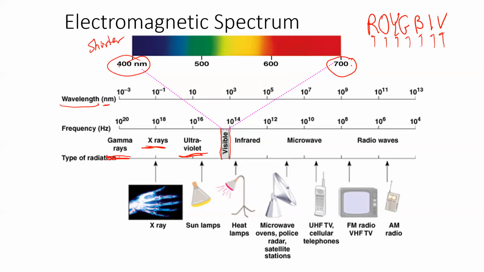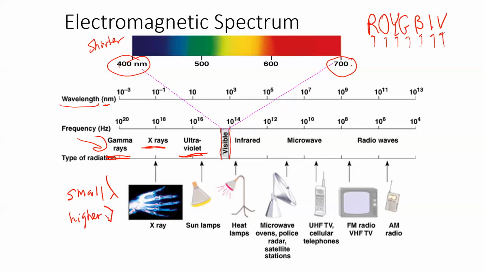Gamma rays, you typically see this when unstable radionuclides decay, and it's usually accompanied with the release of energy from an atom. So this is extremely small. We're talking picometers. So the gamma ray wavelengths are picometers. What we're seeing is really small wavelengths on this side. So what does that mean? If they have really small wavelengths, they're going to have higher